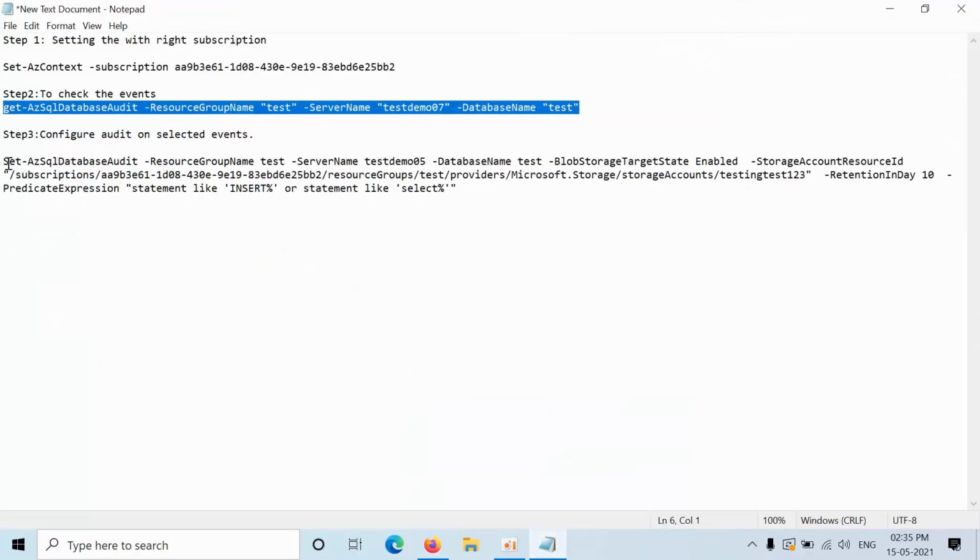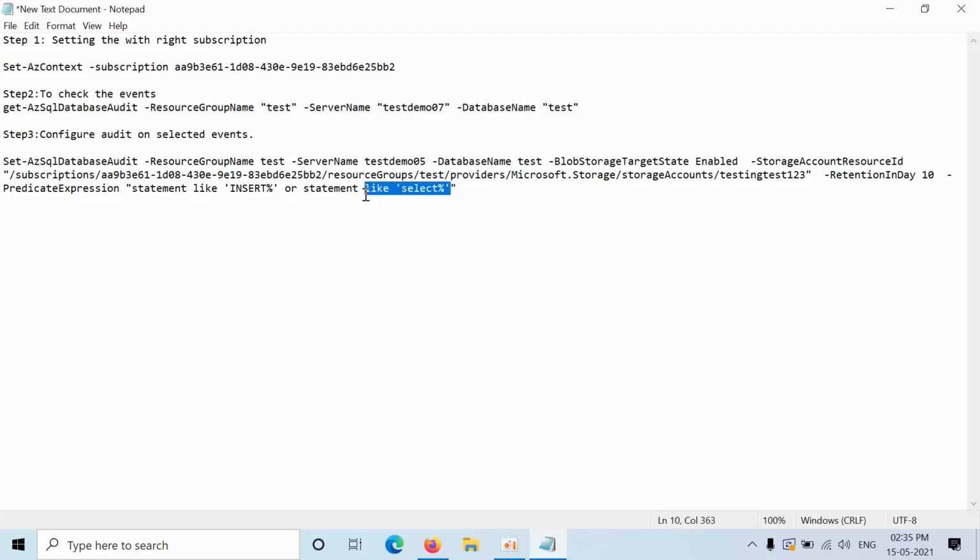One more thing, the third command. Here I am going to filter only select and insert statements. If you want drop commands as well, just copy this statement here, put R, and paste the select command. Copy and paste, and you have to use R if you want multiple statements.